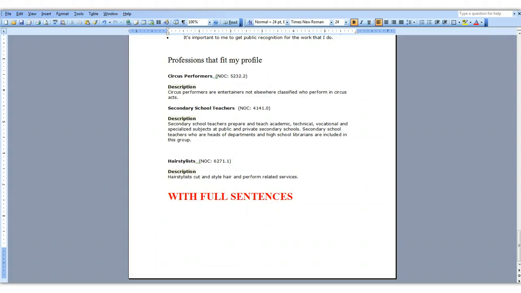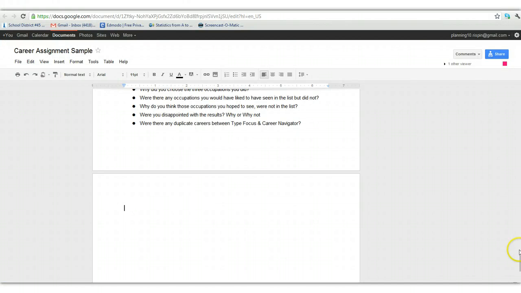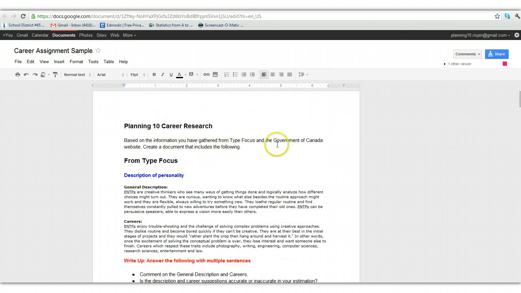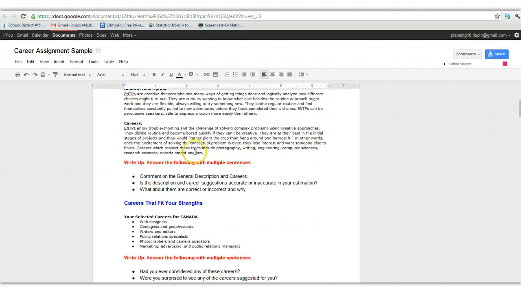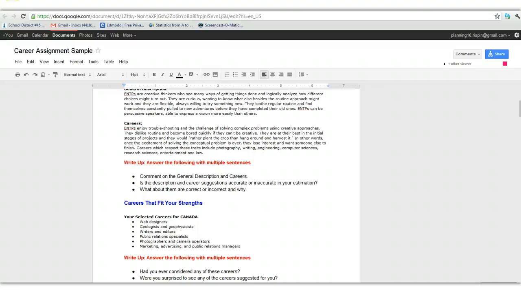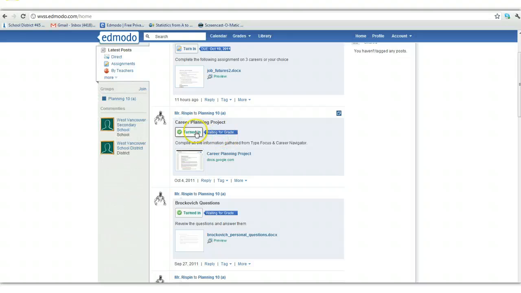Once you've finished all these questions and you feel that you are done, I would hope that you try to create a nice, neat document that looks similar to this, except in this case, rather than the questions being here, you're going to have answers instead. You're going to save that document, and then you're going to go to Edmodo. You're going to go to turn it in,